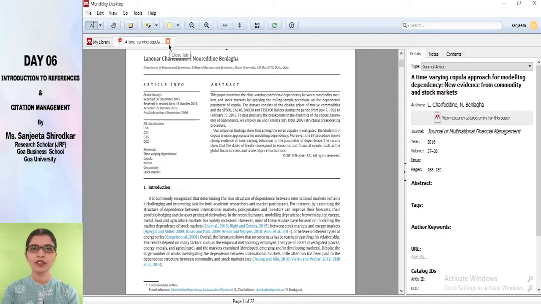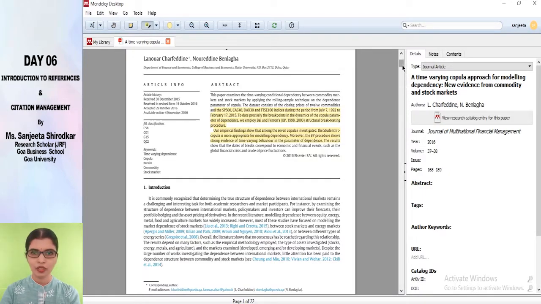Since I have already opened a PDF here, I would show you that Mendeley is allowing you to store your PDFs. Mendeley is giving you almost 2 GB of space wherein you could have your files. Another thing is that once you have a PDF of a research article in your software, you could add notes, or you could even create a highlight. Say for example, if I want to highlight this part, see, it has been highlighted.